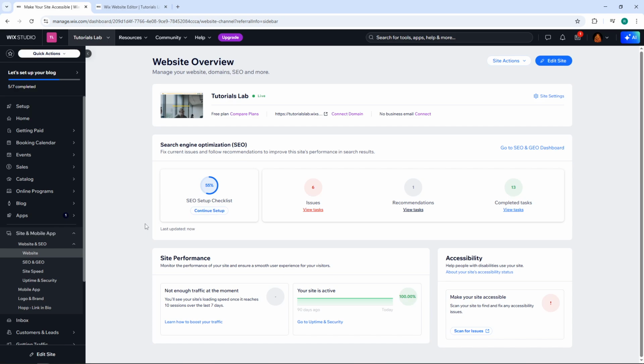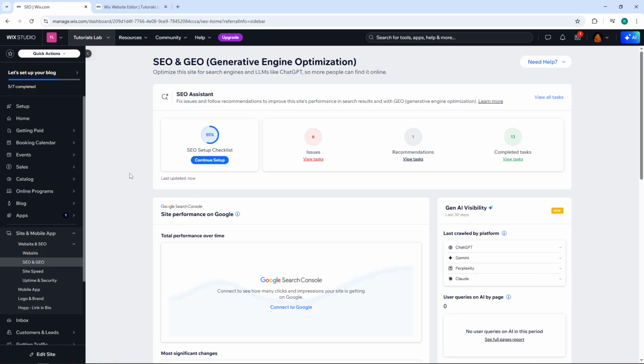From here, you can preview the website settings you currently have. It's important to make sure that this is the correct website you wish to connect to your Google Search Console, especially if you manage multiple sites. Once you've confirmed you're working with the right site, turn your attention back to the left navigation menu and click on SEO and GEO. This section houses all the settings related to search engine optimization and geographic targeting for your